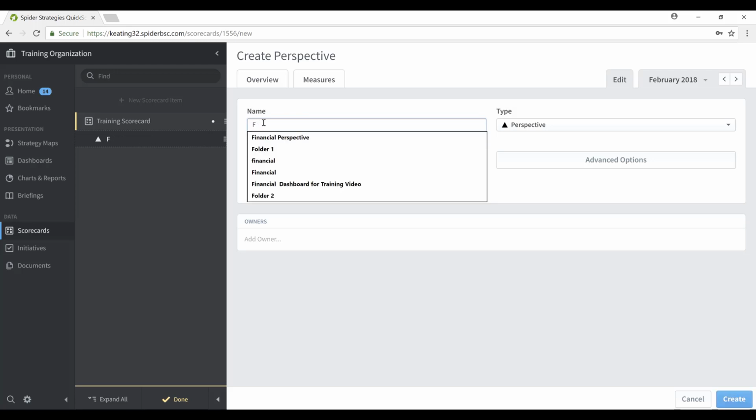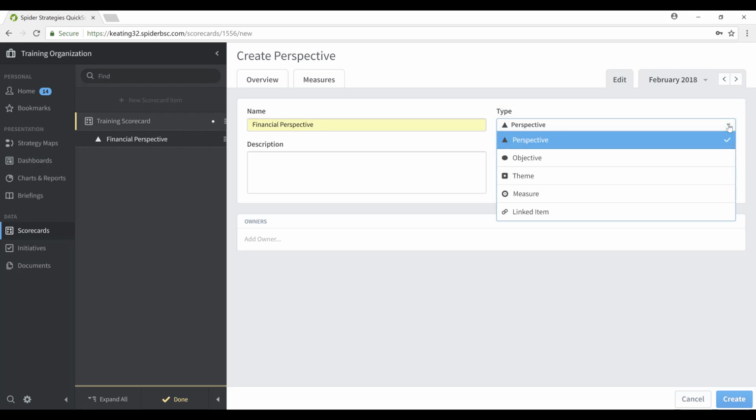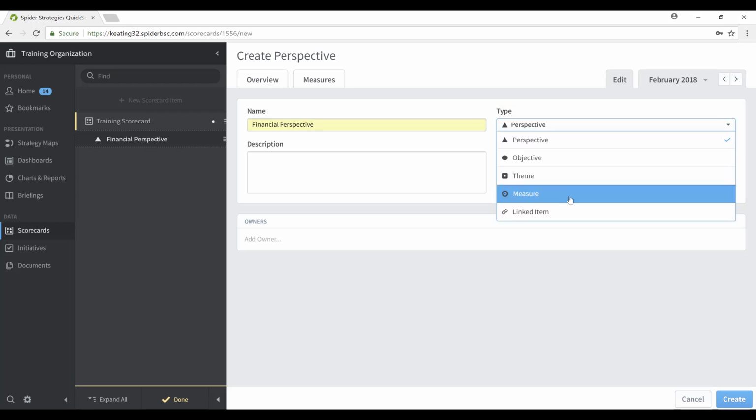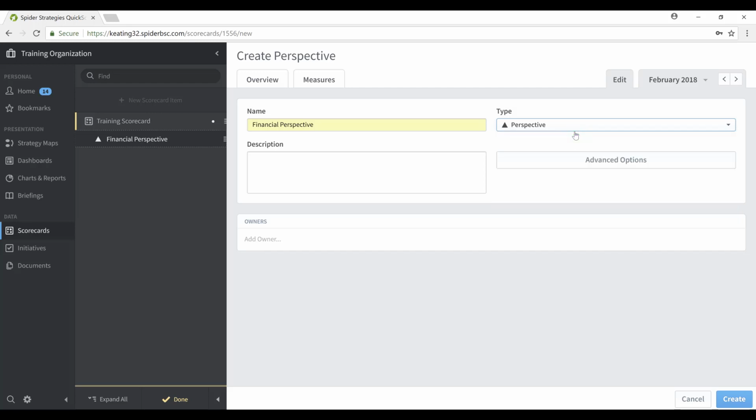We'll create a perspective called the financial perspective. Note that out to the right there is the type drop-down where during the construction of a scorecard, you have the opportunity at any point to define different items or elements of the scorecard. The software presumed again that we want to define a perspective because that's the first logical next step after creating a scorecard. So I've given this perspective a name and I click Create in the lower right hand corner to